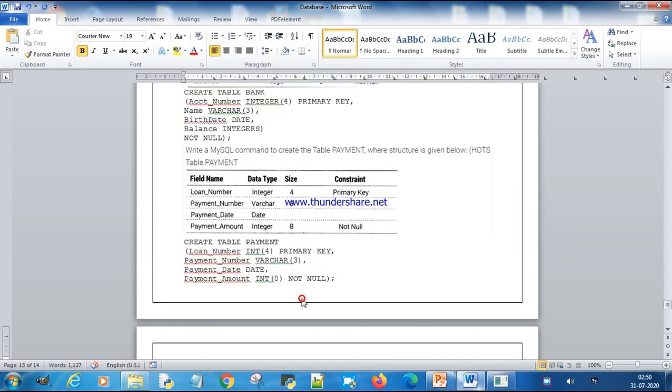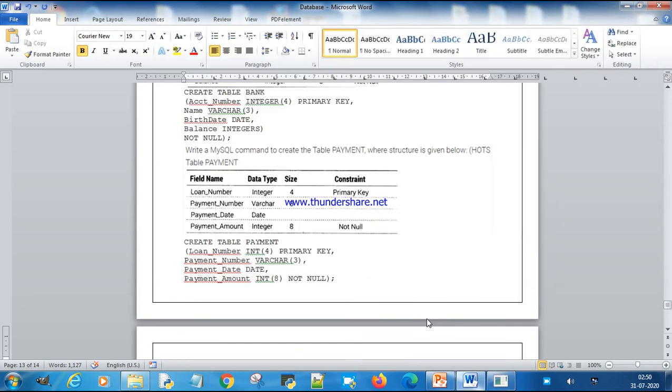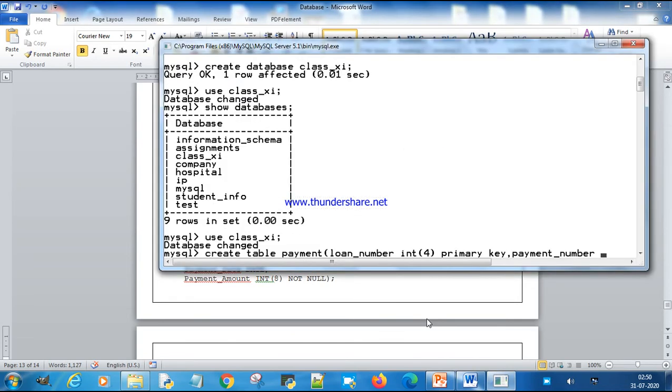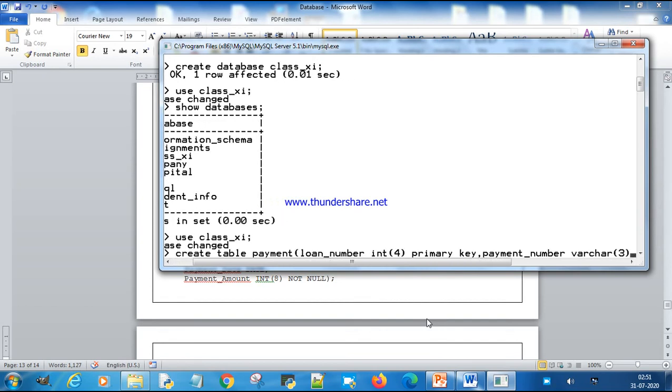Then next is payment number, and it's a varchar 3.